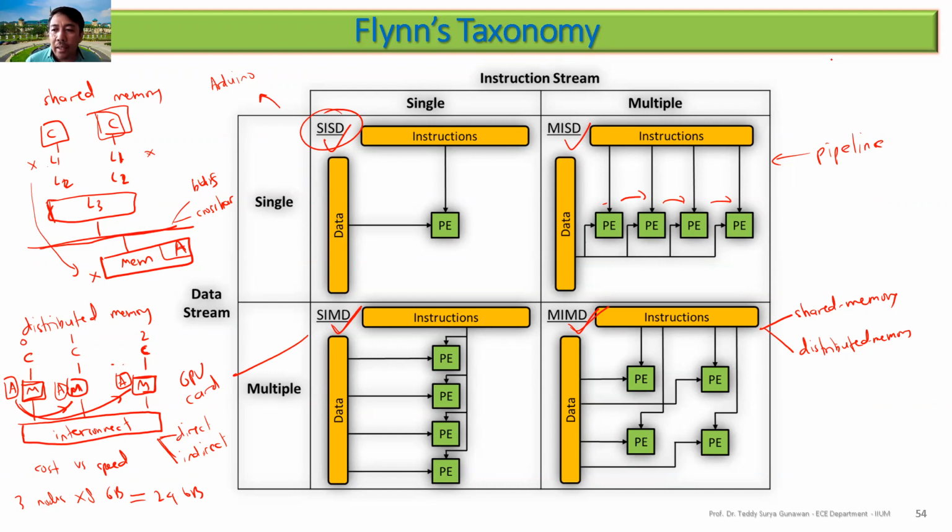Similarly, why don't we make the expressway, the jalan tol, 3-lane? Because it is expensive. Sometimes near the city you have 3 lanes, but when you go north in Malaysia, you have 2 lanes only. This is to save the cost. Similarly, the interconnection is like the communication line, so you need to trade off between the cost and the speed.